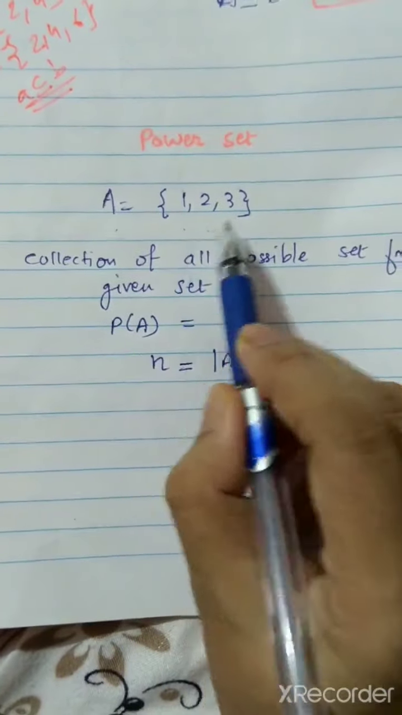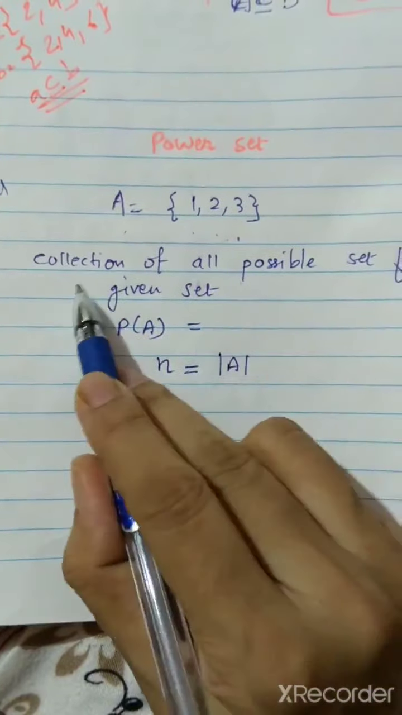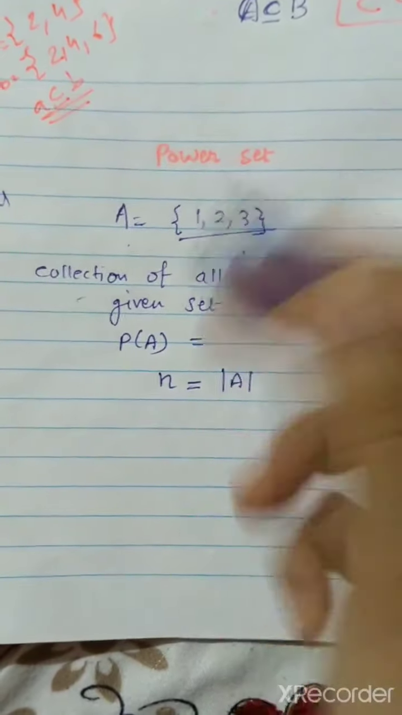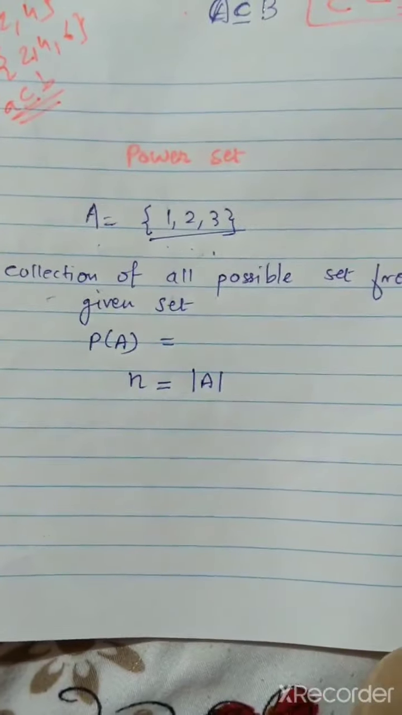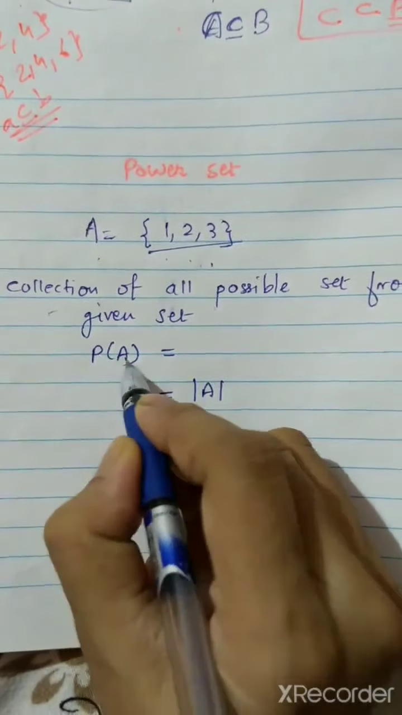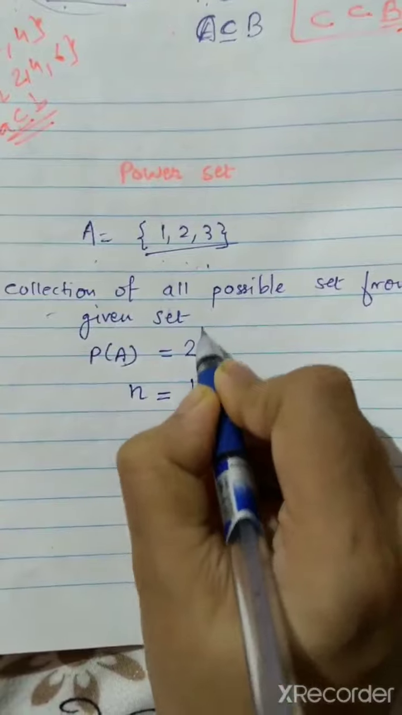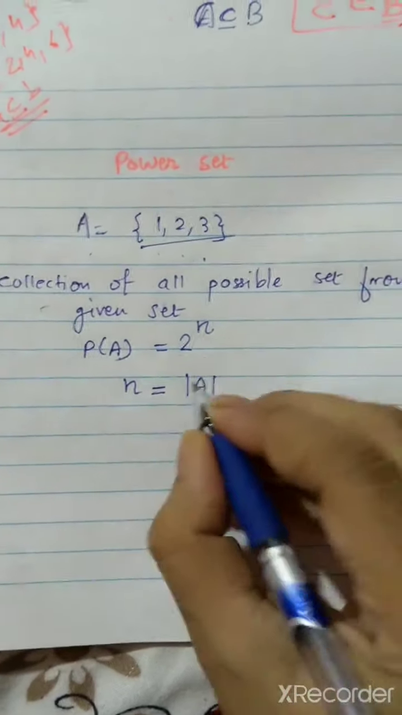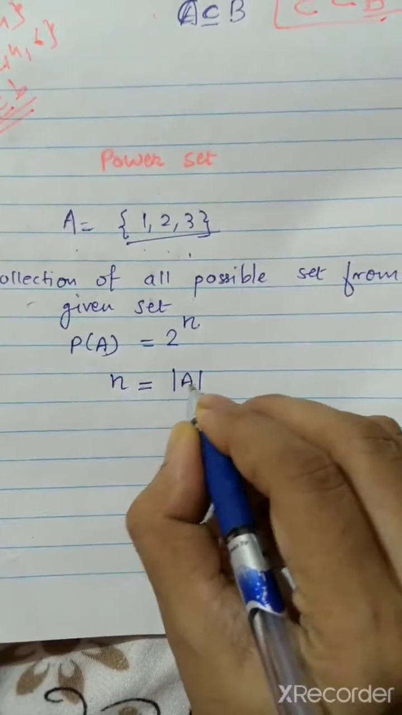A is what? 1, 2, 3. This is one set that is given. Now, collection of all sets from the given set. मतलब 1, 2, 3 ये सेट जो दिया है उसमें से जो सेट्स पॉसिबल सेट निकलेंगे उसका कलेक्शन. अभी ये कैसे निकालना है? So for power set we will use 2 raised to n, where this n is